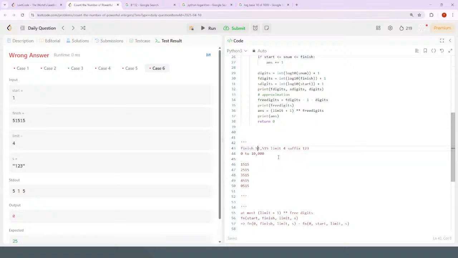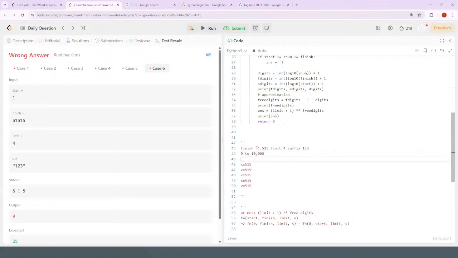Now, if there was another digit, then I'd be multiplying the number of ways of doing that digit versus the number of ways of doing the 10,000th digit versus the number of ways of doing the 1,000 digit. But here, what am I gonna do? Not every way of doing everything below